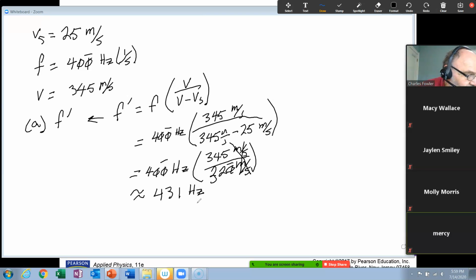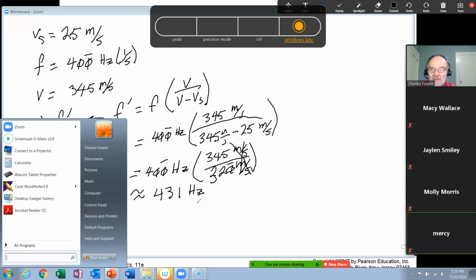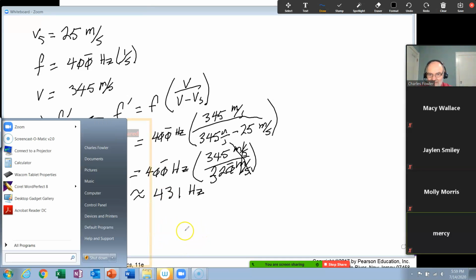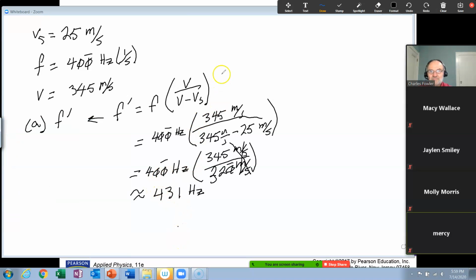However, the B part is asking, what is the frequency heard when the car is leaving? So when the car is leaving, it's going to be the B part. And when it's leaving, your perceived frequency, the Doppler shifted frequency, is the same frequency of the horn times V over, but this time V plus Vs. And the car is going at the same speed, so this will be 400 hertz